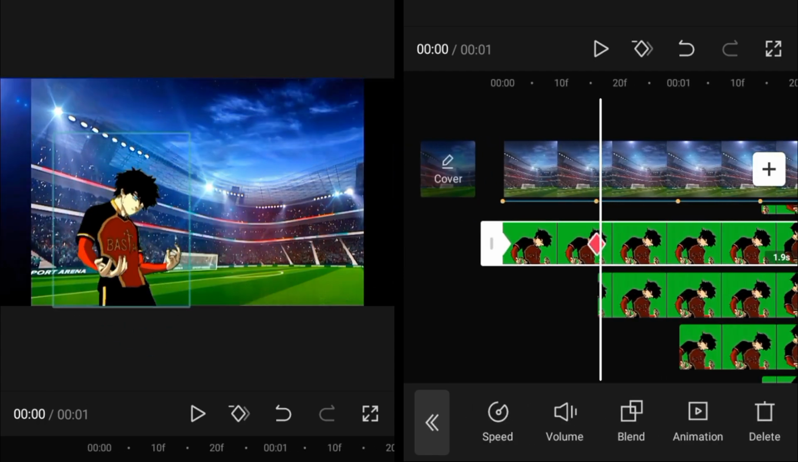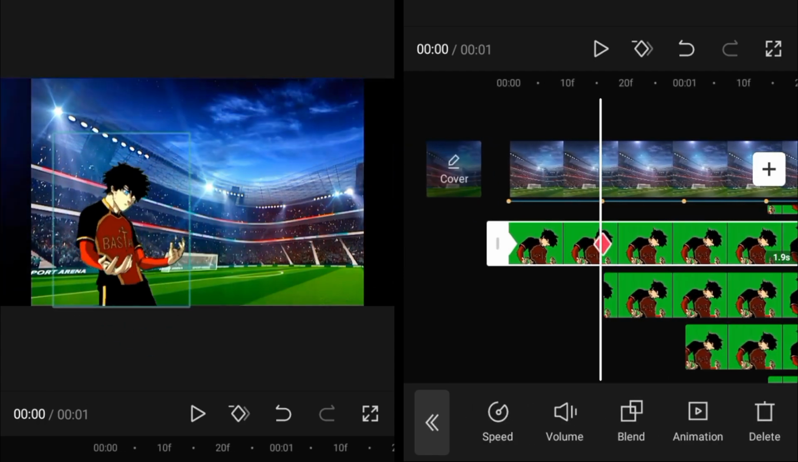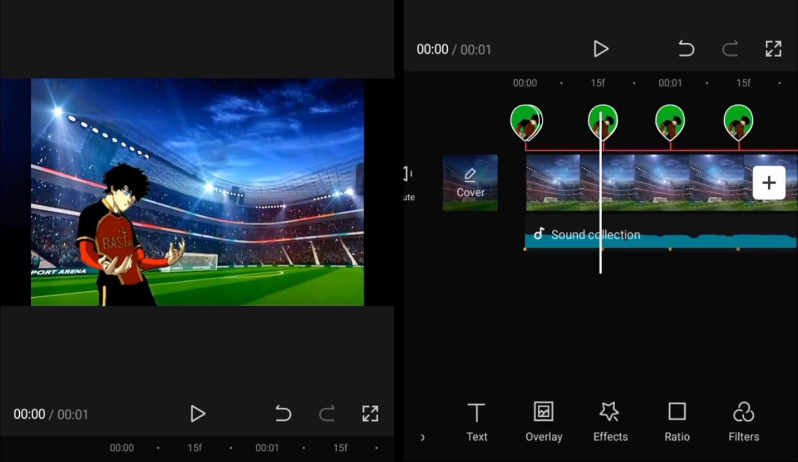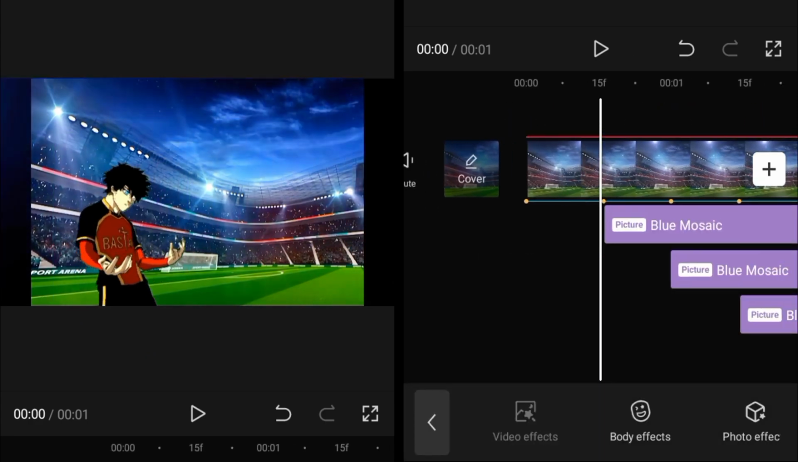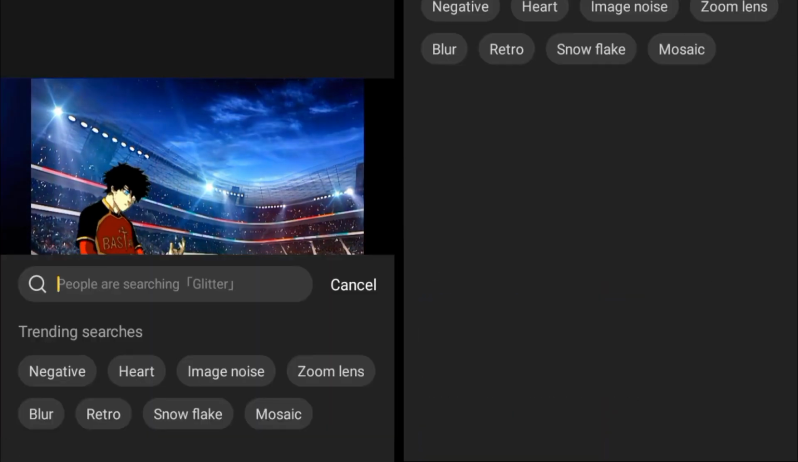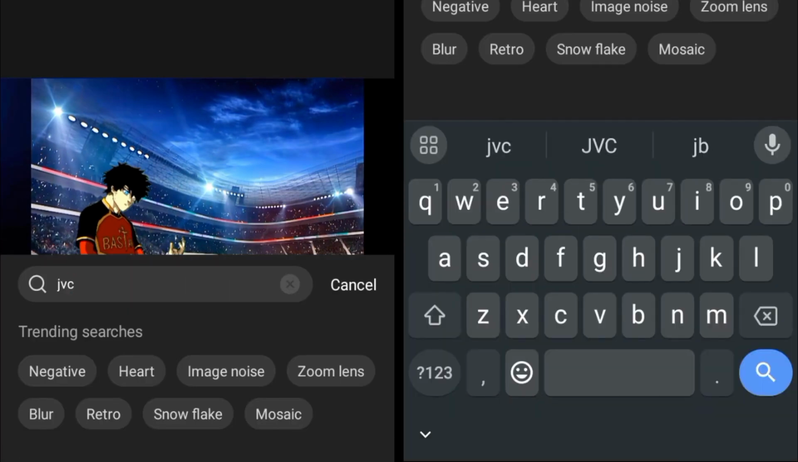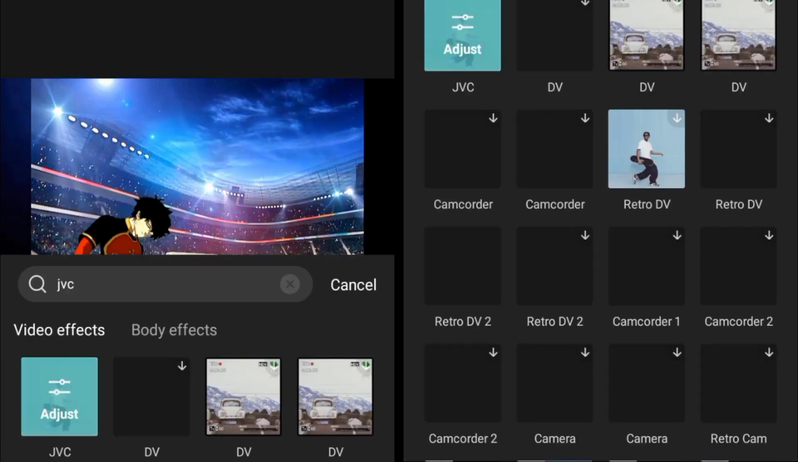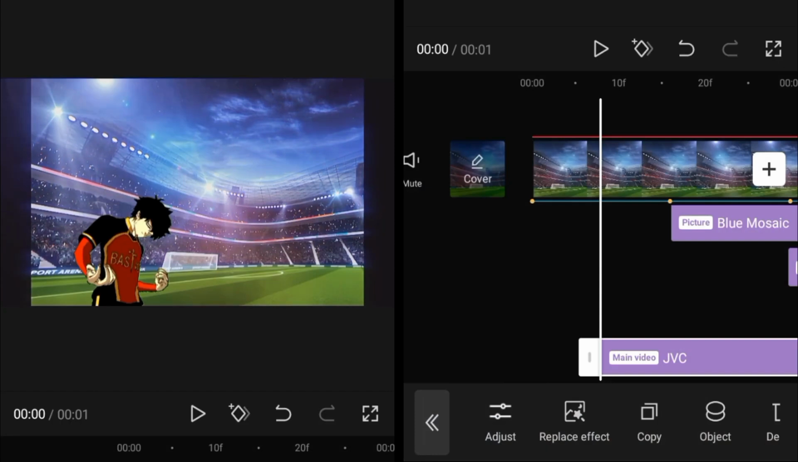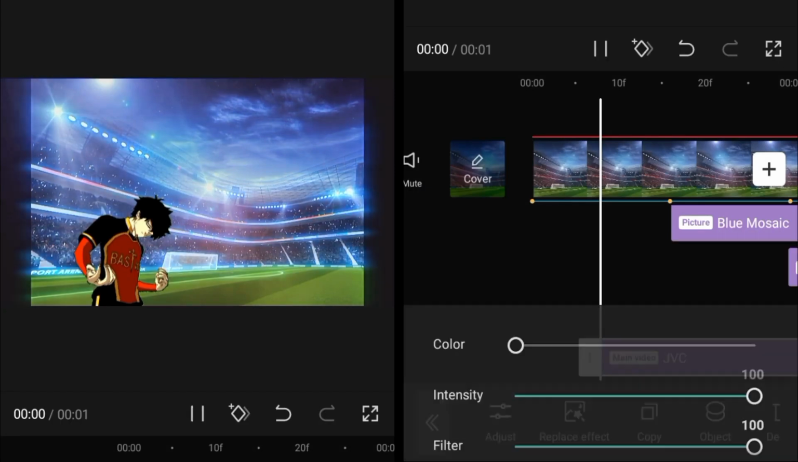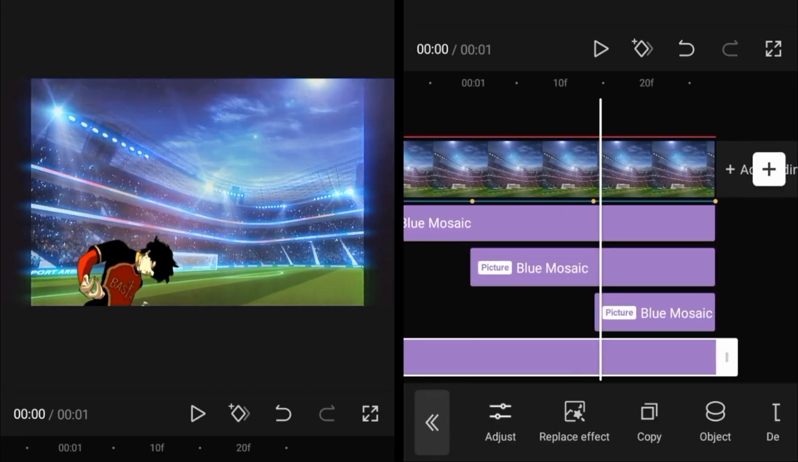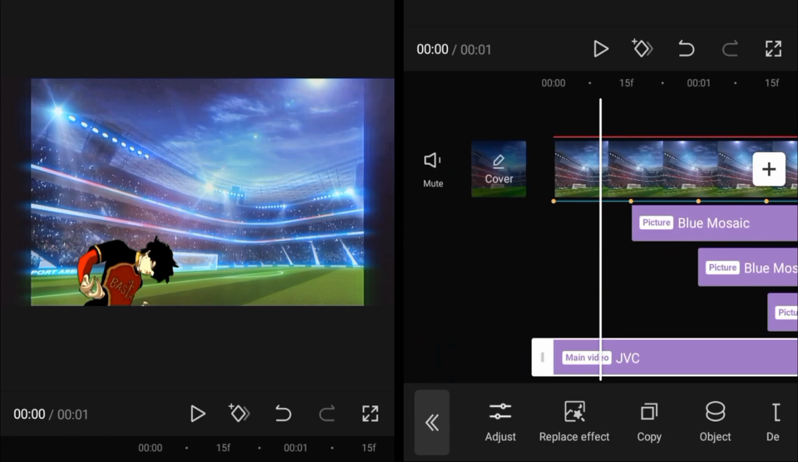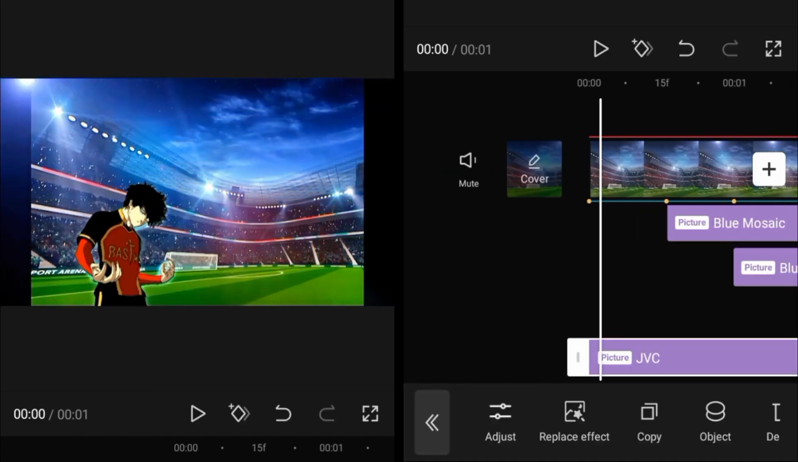Then what you have to do, you have to go back to the video effects, and over here we will add aura to it. For that, I'm using just a simple basic aura, which will be done by the JVC effect. Search JVC effect and add this JVC effect like this over here. Then set the color to 0, intensity and filter to 100. Then adjust it like this. Then set its object to the